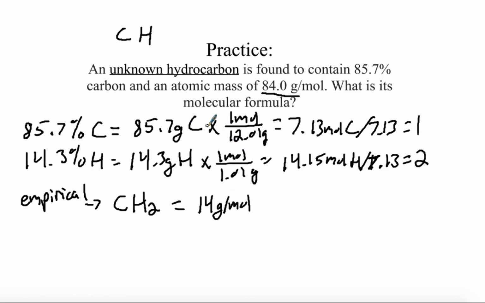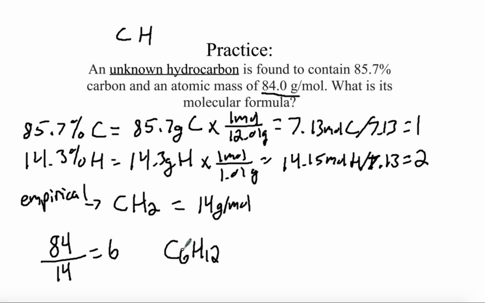So we have to figure out, okay, this real formula, this molecular formula, was reduced a few times down to CH2, and this thing only has a mass of 14 grams. So let's see how much it was reduced by. It should have a mass of 84. This formula has a mass of 14. Well, that's 6. So that means this formula is basically 1/6 of what it should be. So I have to multiply everything by 6. So it's